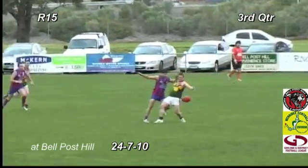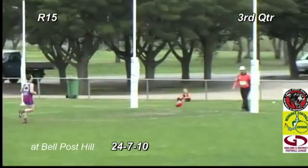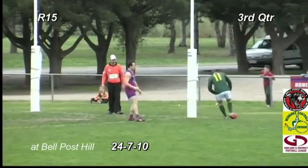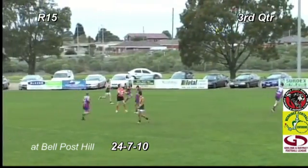Kicks in towards us in our full position. DeLuca with strength and holds out Ellis as the player. And a free kick's going to go back. It's going to dribble towards goal. Won't go through for a goal because the umpire's going to call it back anyway. Would they have paid that a goal if it went through? Well, I don't know where this...